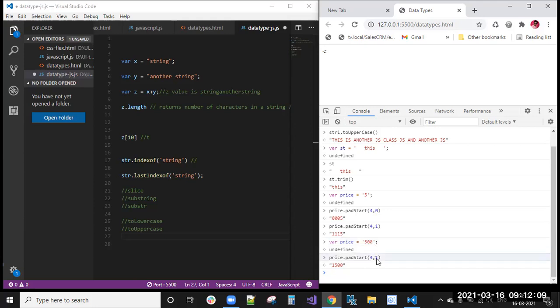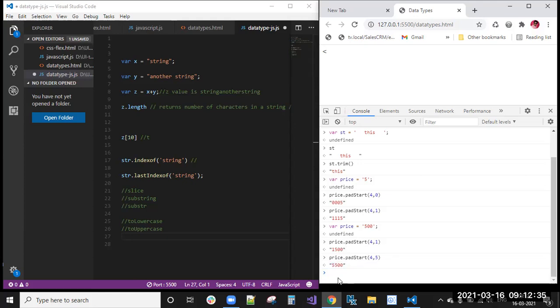The remaining one you can replace with 1, and that is at the starting only, not the ending. So here 3 letters, and the remaining 1 letter is placed at the start. Instead of 1, if you give 5, you can see that 5 is placed at the starting position.